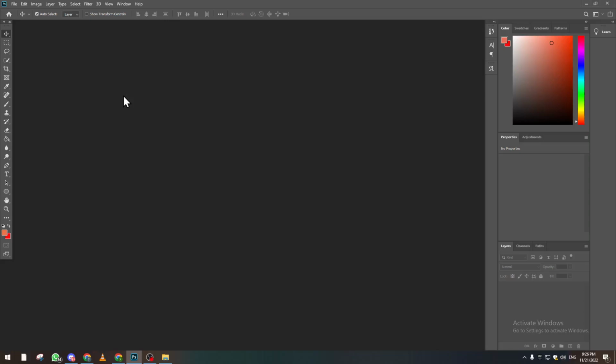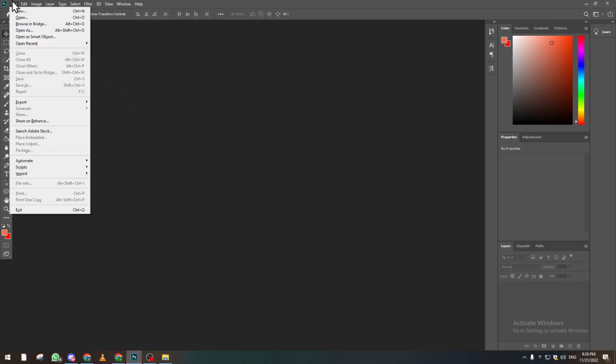Hello guys! In this tutorial I will show you how to add a border or a stroke into your text, image or any object. With no further talking, let's get ahead and open Photoshop, click on File and then click